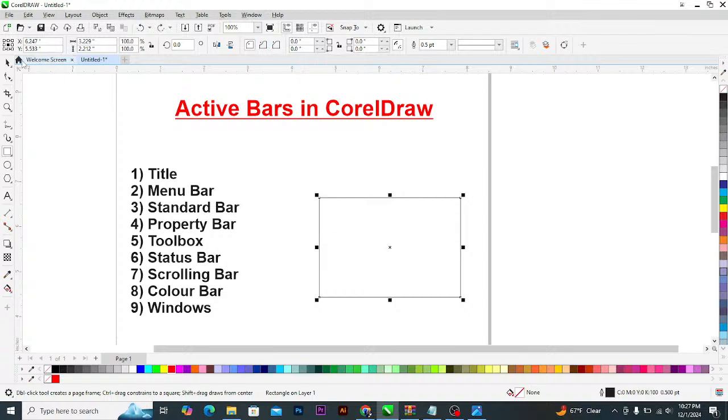So that is one thing property bar does. It will help you to format anything you want to format at all. Anything at all you want to change from what it is, you can actually achieve it using this property bar. The next one is toolbox, which is this you're seeing here. Toolbox is, in fact, the most important